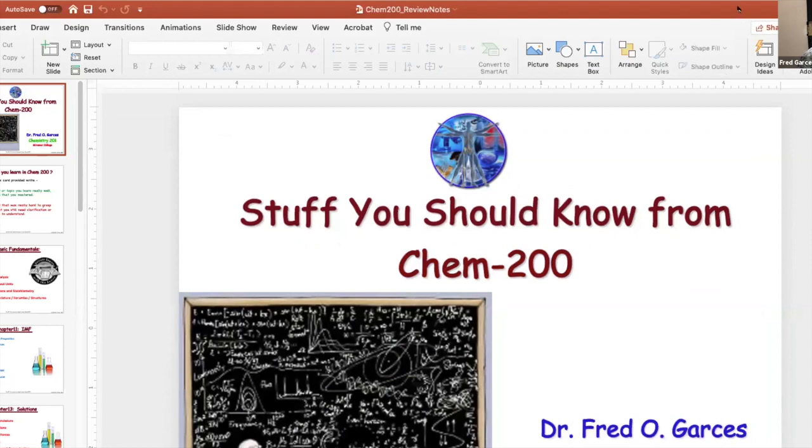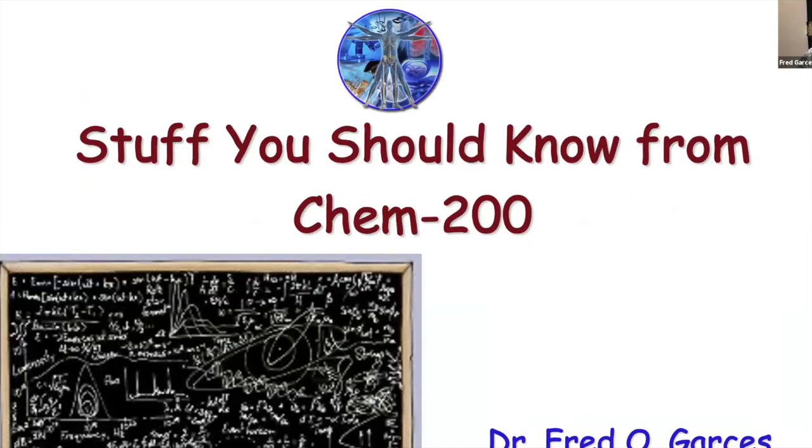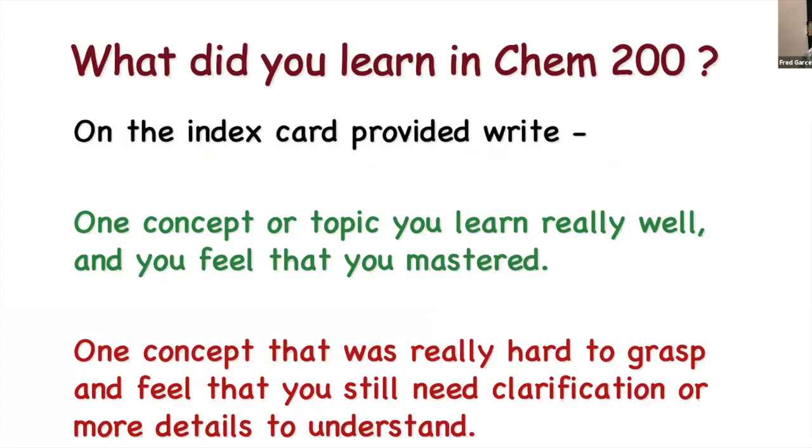I'm not really going to go into chapter 11, and then I'll be working on making sure that all the links are up to date. But stuff you should know from Chemistry 200. So let me go ahead and do that. And this is just a review, okay? But it's been a while. If it's been a while since you've had General Chemistry 1, then these are the things that you want to look back at to make sure that when we reach a topic in Chem 201, you already have that fundamental down. So in terms of this, what did you learn in Chem 200?